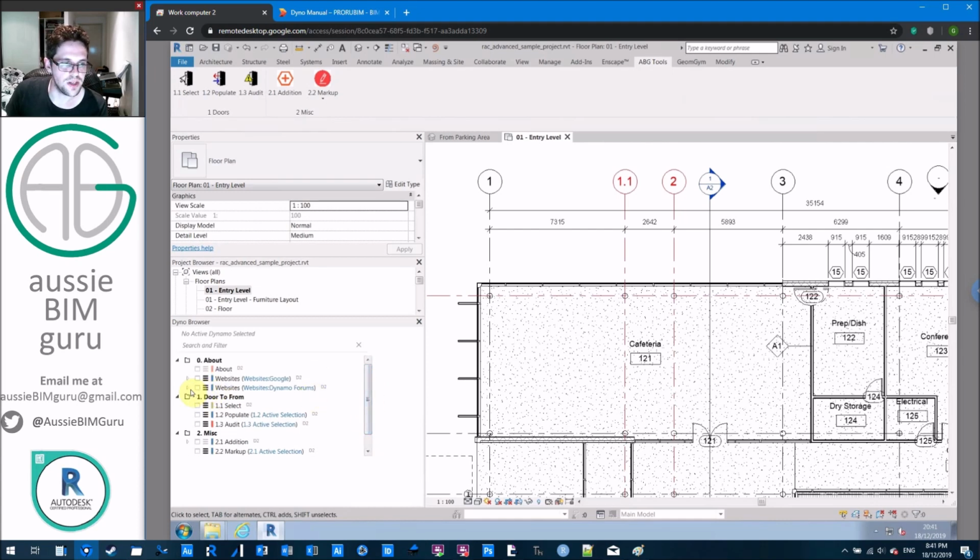I'm also going to show you one where I've made 2 presets. So you can see here I have 2 instances of websites. One of them is going to be a button that opens up Google, and the other one's going to be a button that opens up the Dynamo forums, which I've packaged into a Dynamo script with a bit of Python. So pretty fun. So I'm going to close one more time